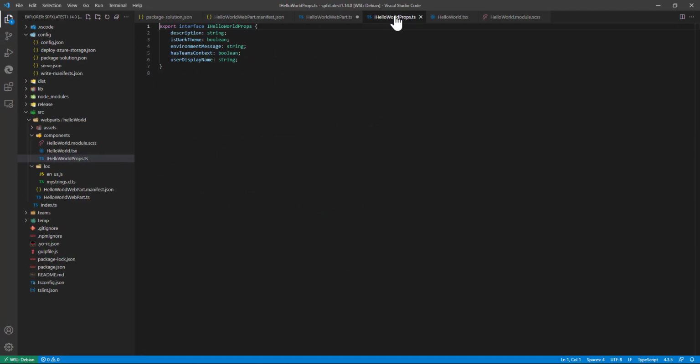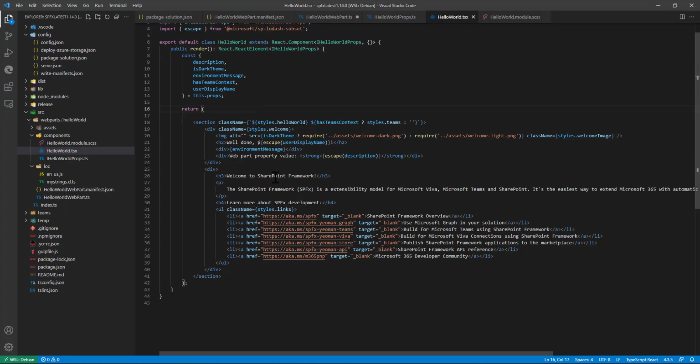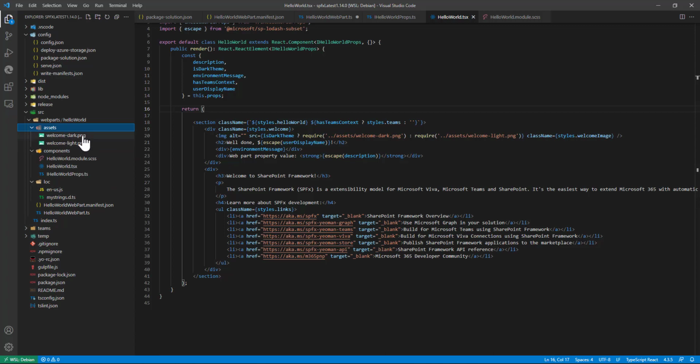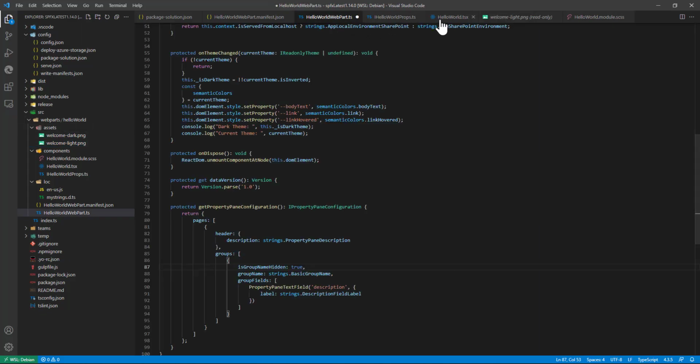Okay. Next are the props. As I said, apart from description, there are 4 variables they have declared in the props, and in the actual TSX file where they have changed the design, they are loading the image. There is a new folder called assets where by default there will be 2 images, one dark and one light, and based on the theme they load these images.